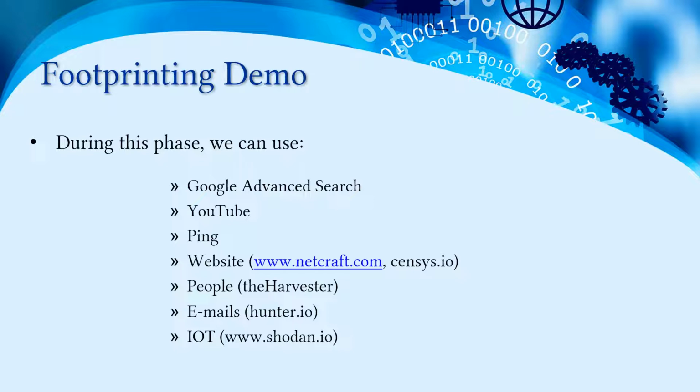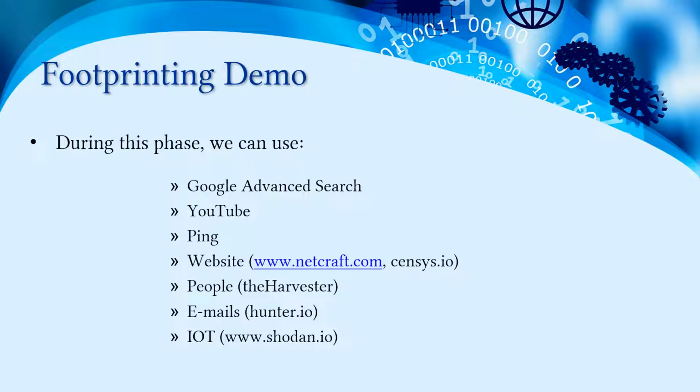information about the target. In this phase, you can use advanced Google search to search information about any particular target company or targeted individual. You can also collect some information about that company or the individual through YouTube searches. And if you know the URL or website address of the company you are targeting, you can use a simple ping command to know the IP address of